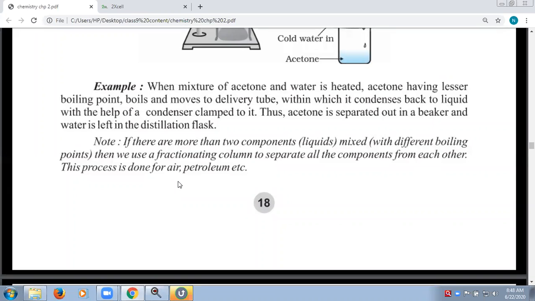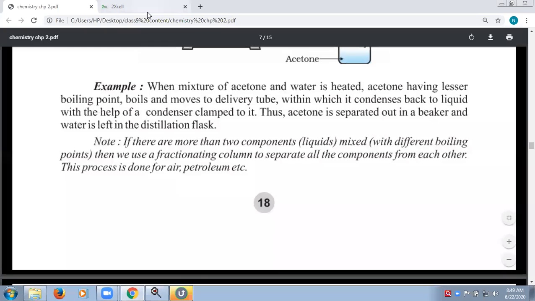The next method that we have to discuss is fractional distillation. I hope that you all have studied this. You are all well aware of this word, because the fractional distillation process is used in separating the different components of crude oil. I hope that you all remember that, because we discussed it in the last session also. Petroleum is separated into different components by the process of refining. And which process is applied over there? Fractional distillation. There was a fractionating column. Okay, so that will be the next process.